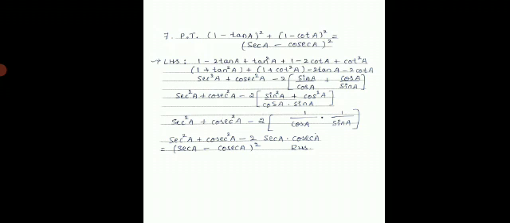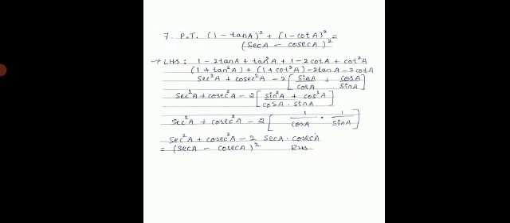Okay. Now here we need to get the RHS answer as sec of a and cosec of a. So to get sec of a, we need to group 1 plus tan square of a. So after applying the formula, you get 1 plus tan square of a is nothing but sec square of a. Plus similarly group 1 plus cot square of a, and that is nothing but cosec square of a. In the next step, minus 2 is common.